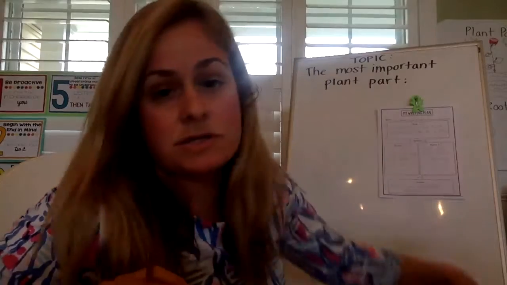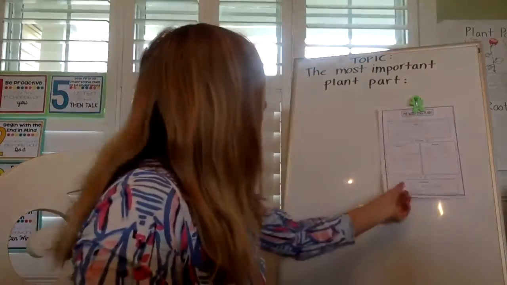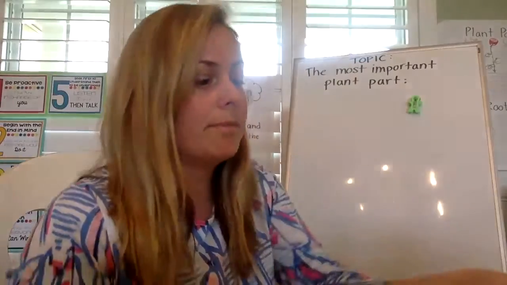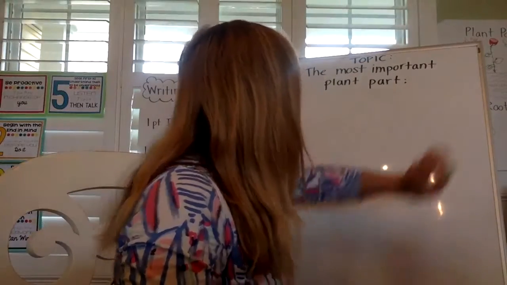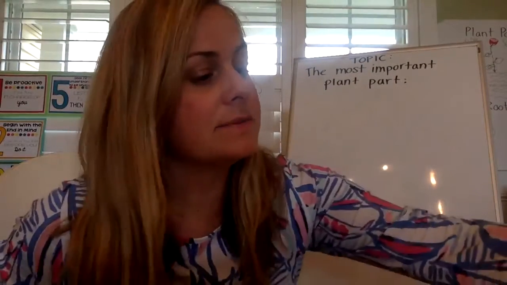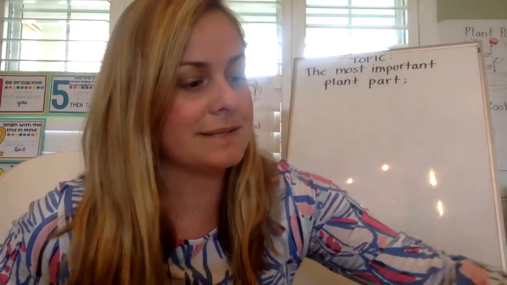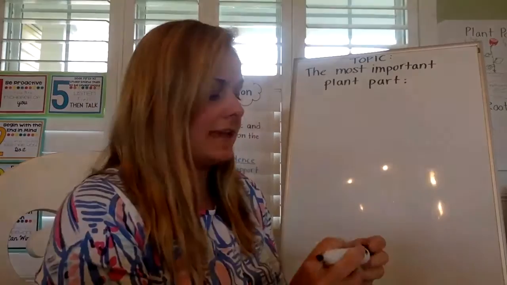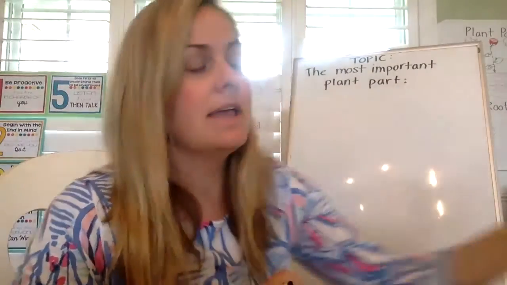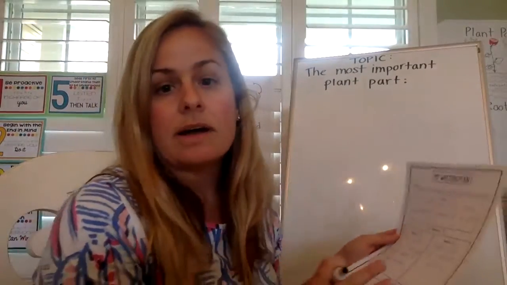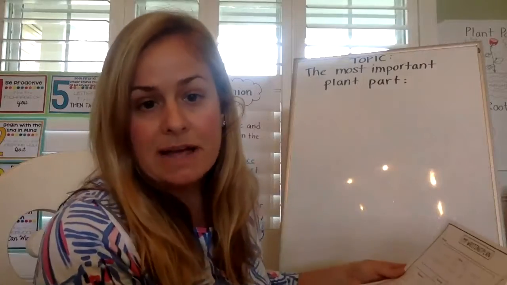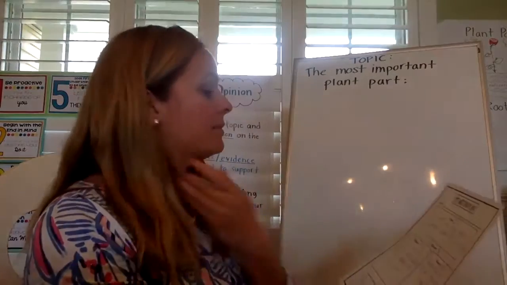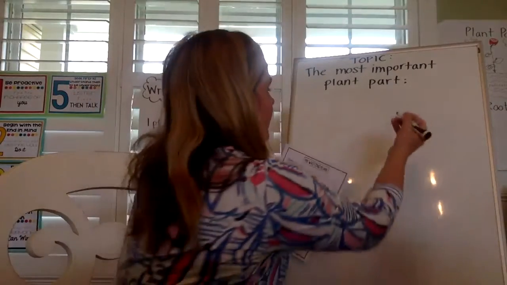Now, that was just a rough draft or my graphic organizer. I can go back now and start writing my paper. My topic, we already know, is what is the most important part of a plant. And now I can use my graphic organizer because I've already organized my thoughts to put into my final draft, into my writing paper. So I'm going to start with,